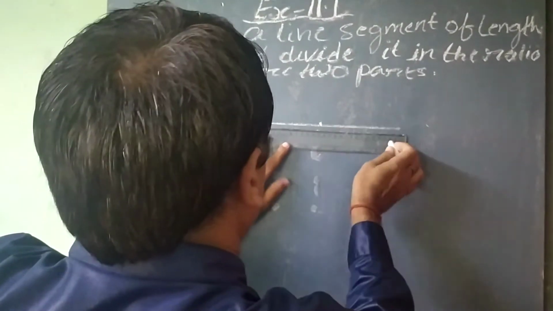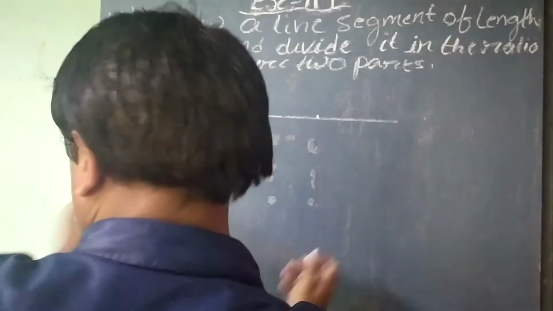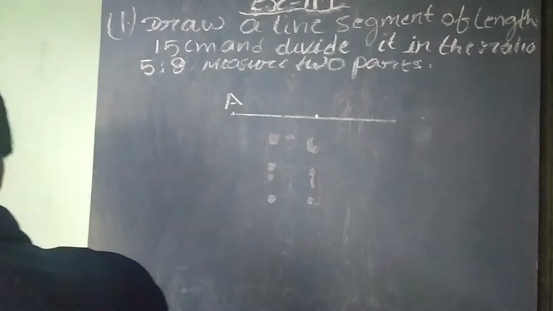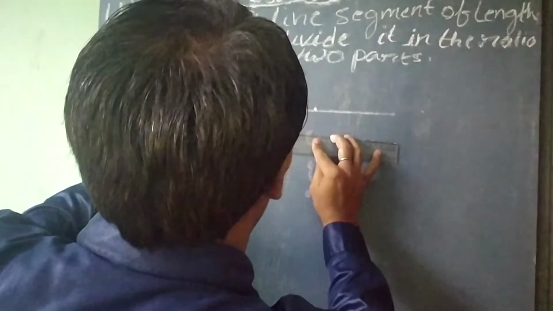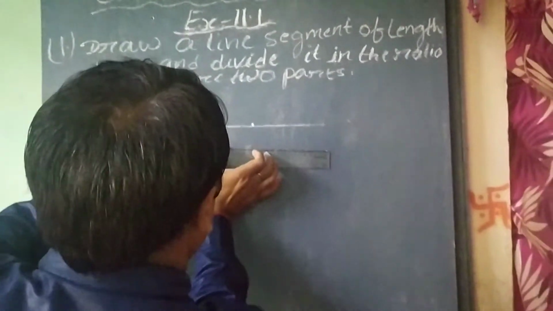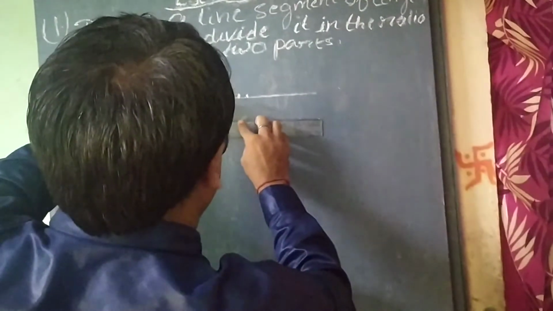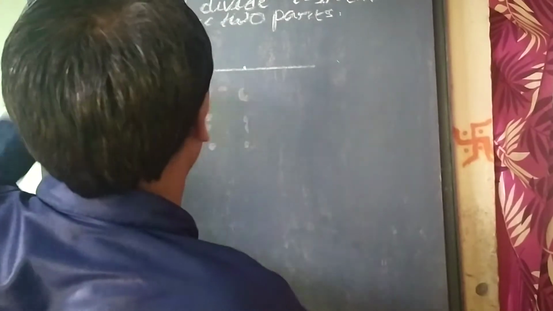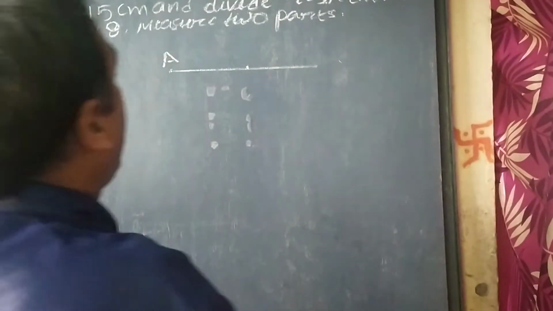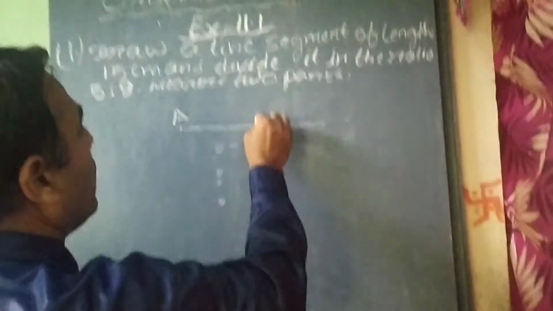Here it is 15 centimeters. So we have taken 15 centimeters. Now we have to divide the line segment AB